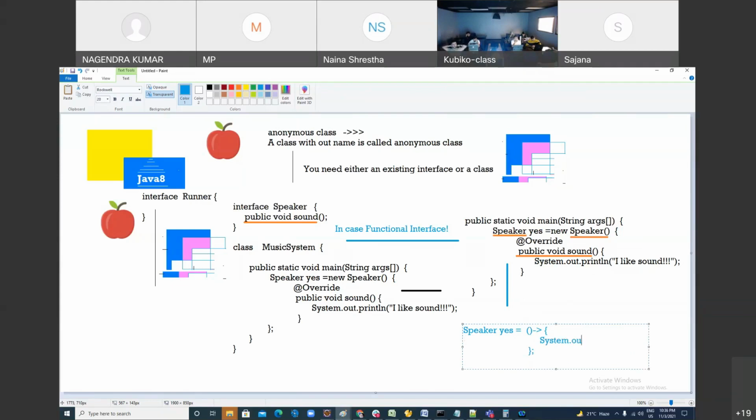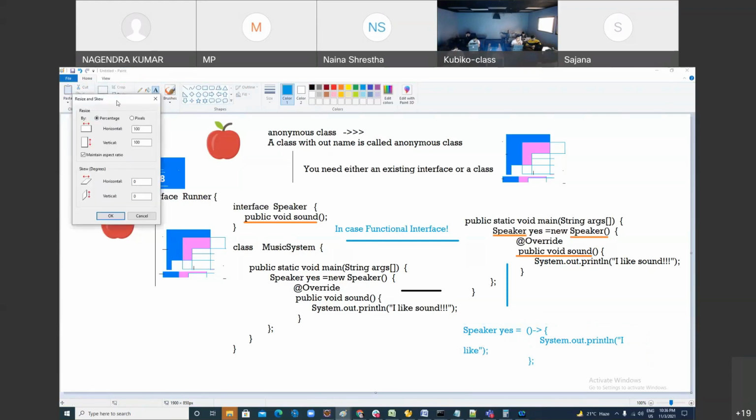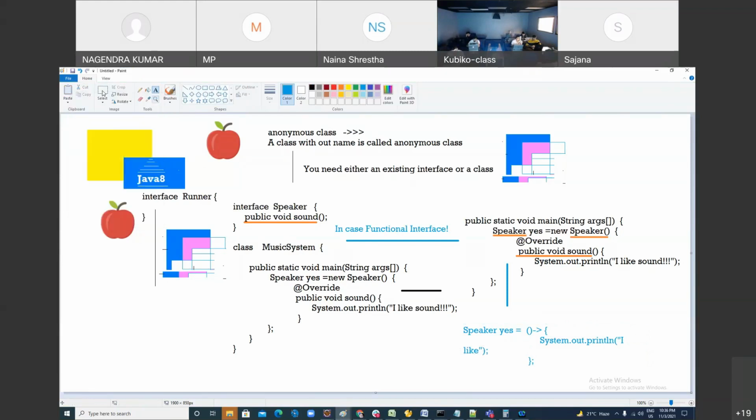What are we not writing? Public static println. Like, you got the shortcut? Same thing. You can go backward, right? I lost it. Give me a second. You can go back, right? Same thing, same thing. Either you write like this